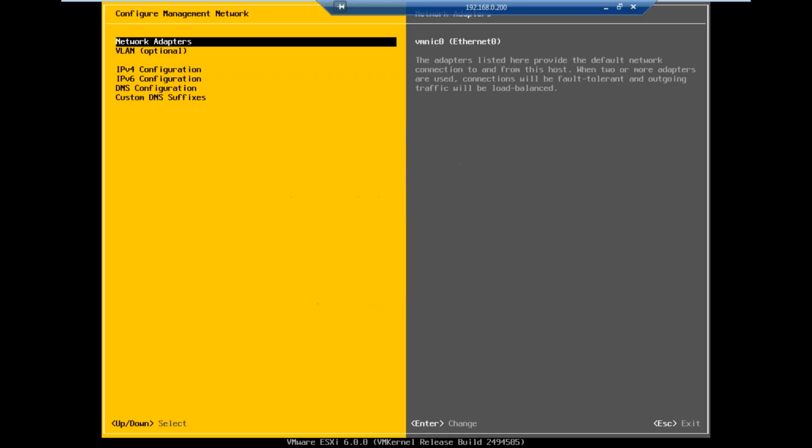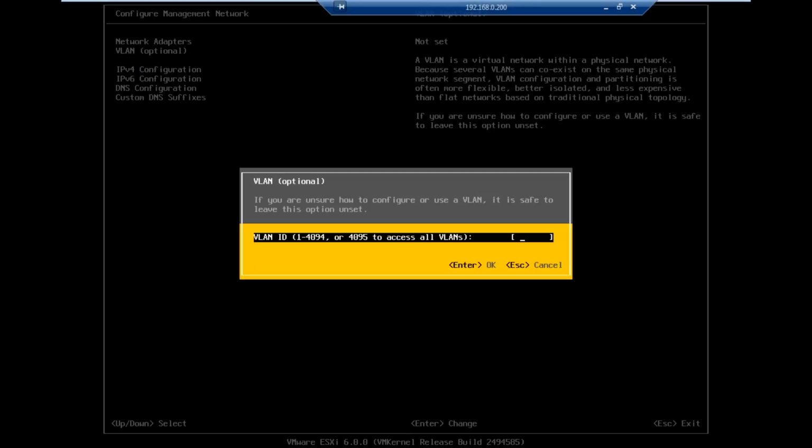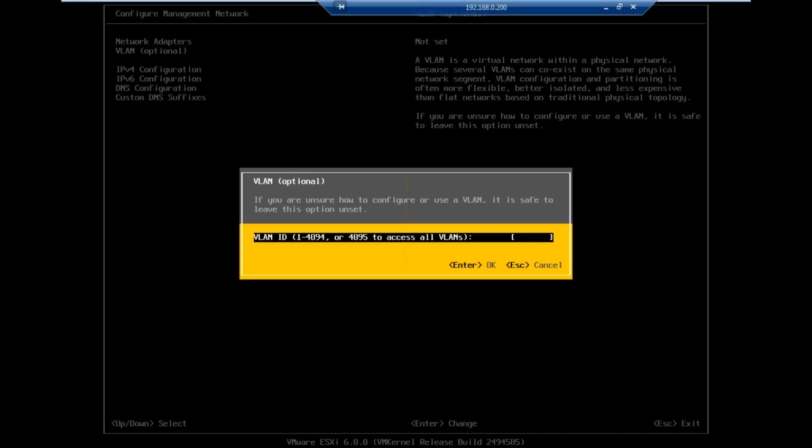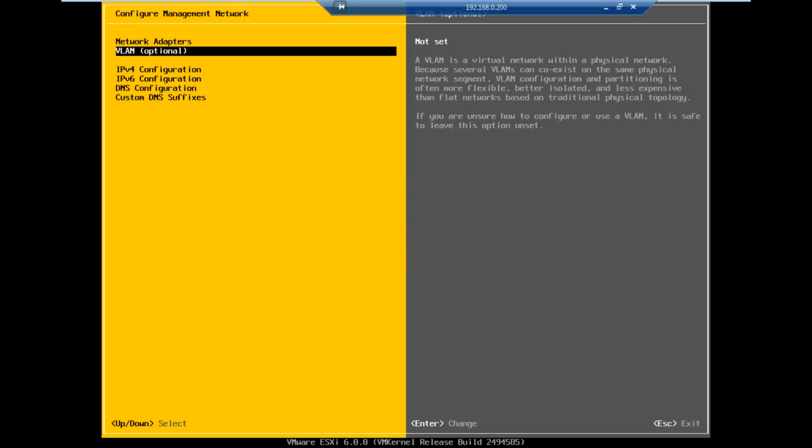Okay, I'm fine. And the VLAN is a virtual LAN that is used to isolate the traffic or to minimize the broadcast domain on the layer 2 or layer 3 switches. We will talk about it extensively when we get to the networking topics of the ESX server, but for now we are not using any VLANs in our lab, so I'm not putting any value over there. But otherwise it is a valid number, it can be anything between 1 to 4094.